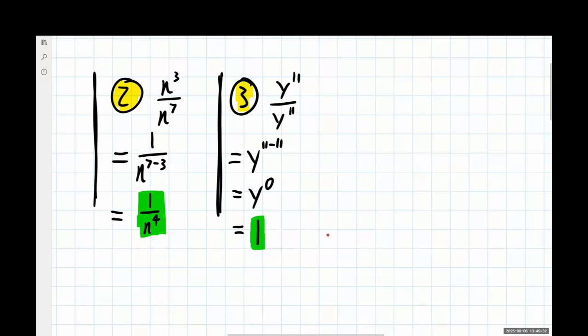If you want to take a different approach, you could expand anything out, but really, what is any number that is divided by itself always going to be? Well, it's always going to be 1. 5 divided by 5, 10 divided by 10, negative 500 divided by negative 500. Anything divided by itself is always just going to be 1. So that's how we're getting this idea of y to the 0 power, or a non-zero to the 0 power, always equaling 1.